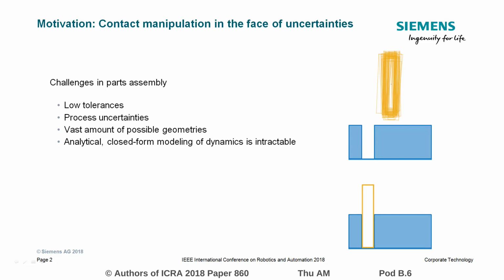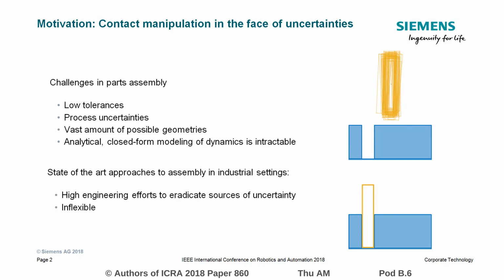Practical approaches to parts assembly have to address the need for high precision and low part tolerances, which is challenging, especially in the face of process uncertainties. Closed-form analytical modeling of dynamical interaction is cumbersome and intractable for problems of practical relevance. Instead of a systematic treatment of uncertainty, state-of-the-art methods in industrial settings require vast engineering efforts and inflexible setups to